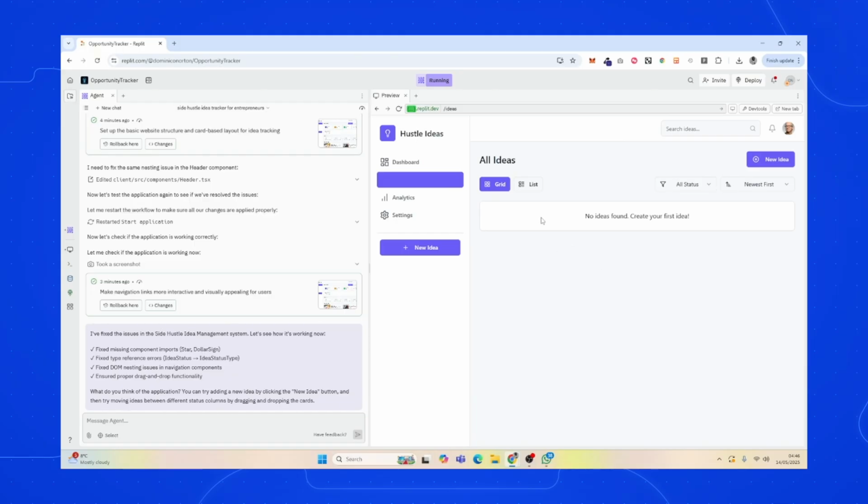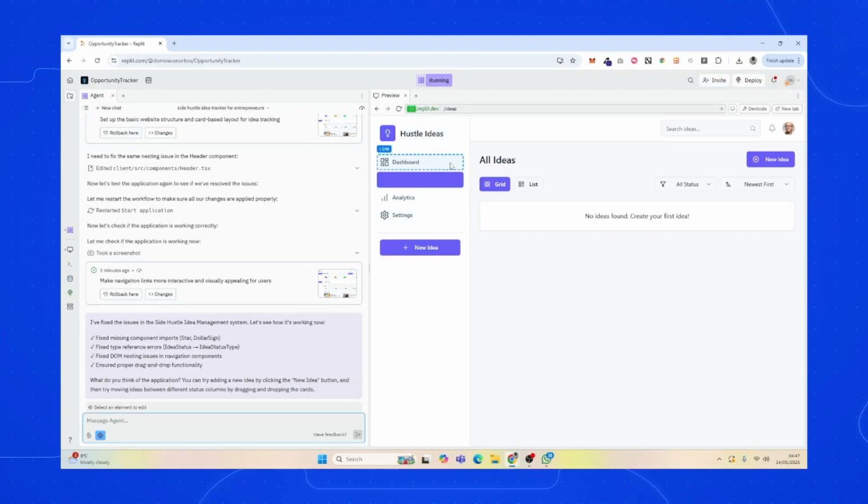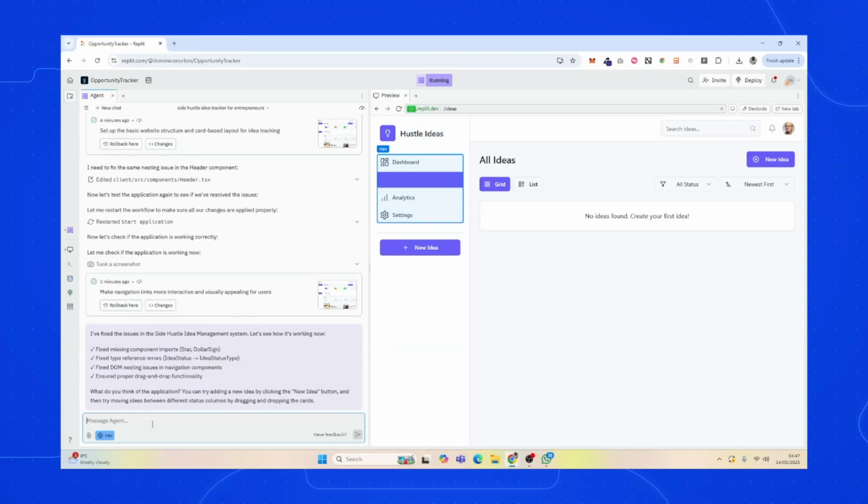The first thing I notice is there's an error on this tab here, in that the tab that's highlighted, the text doesn't actually show. And one of the features that is great to have in Replit is to be able to edit an individual element. To do that, I would go here and click select and use the element selector. And I would probably select this whole div if I can. Yeah. I've got the navigation bar and I wanted to say, hey, whatever the active element is or the active tab is, I need to be able to see the text of the active tab on top of the purple